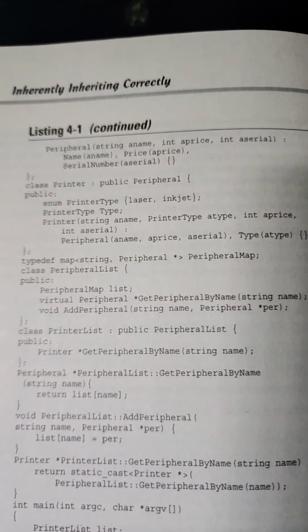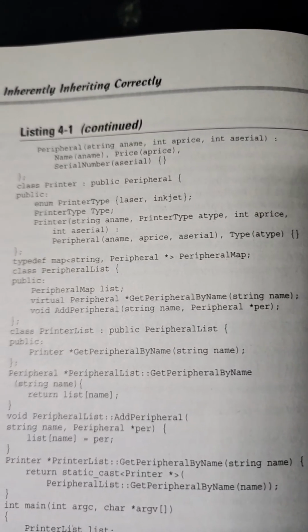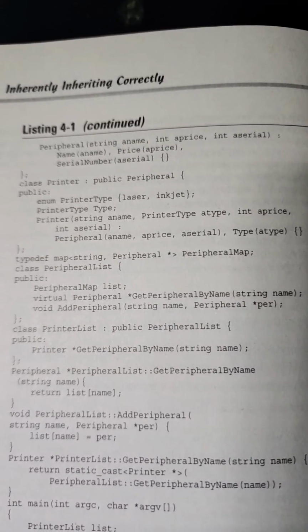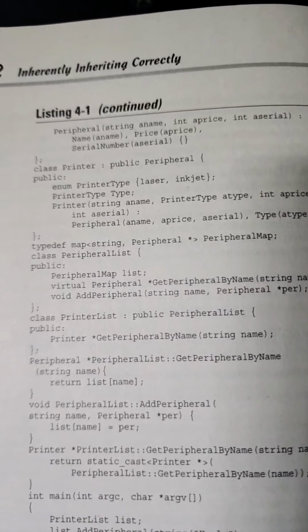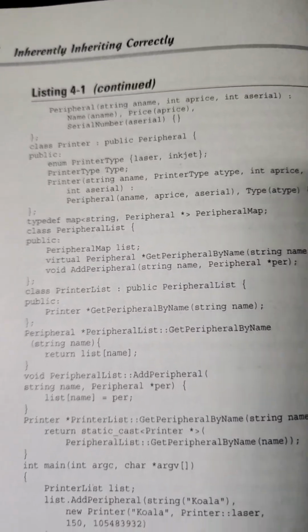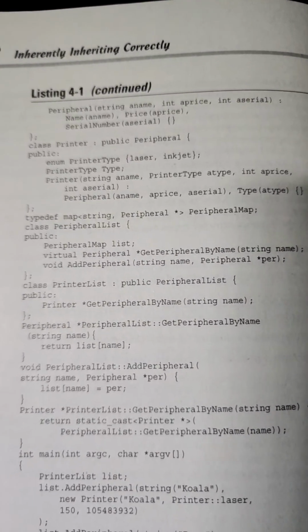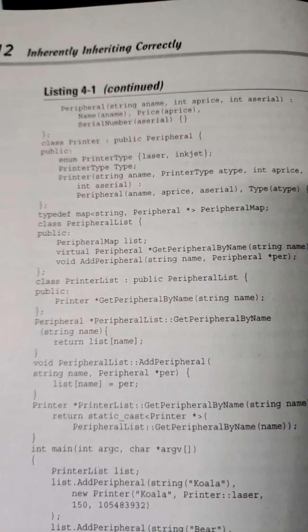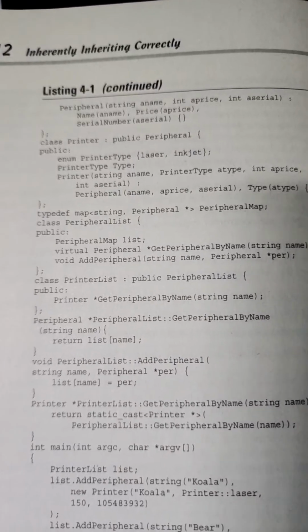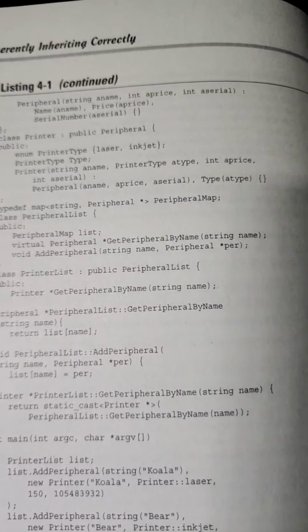Printer(string aName, PrinterType aType, int aPrice, int aSerial) : Peripheral(aName, aPrice, aSerial), type(aType). typedef map<string, Peripheral*> PeripheralMap; class PeripheralList { public: PeripheralMap list; virtual Peripheral* getPeripheralByName(string name);